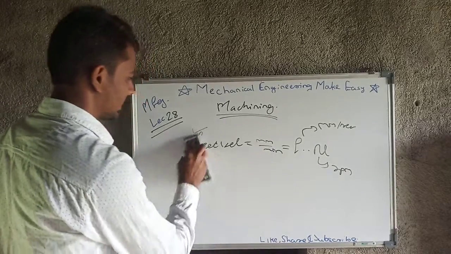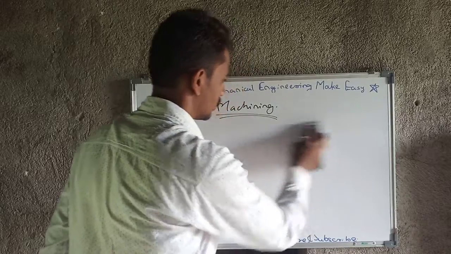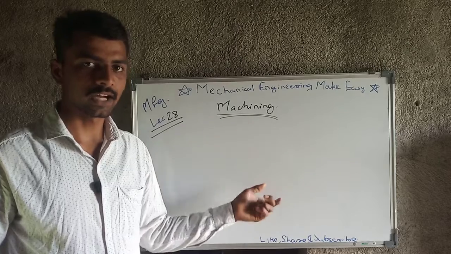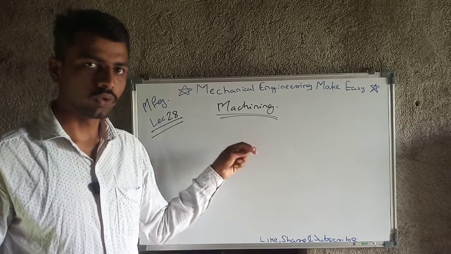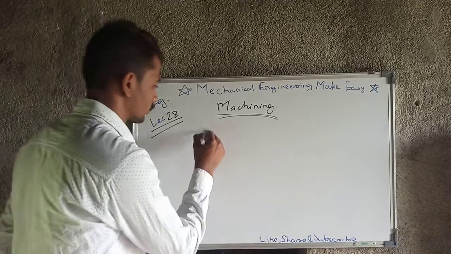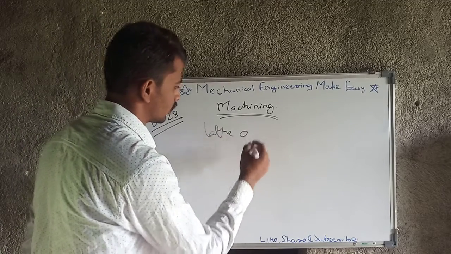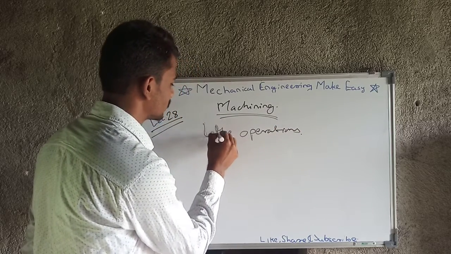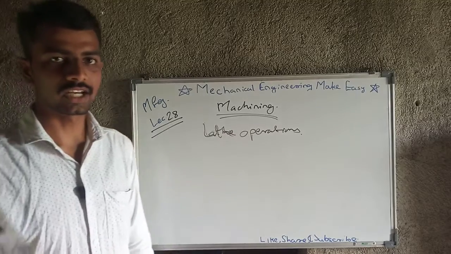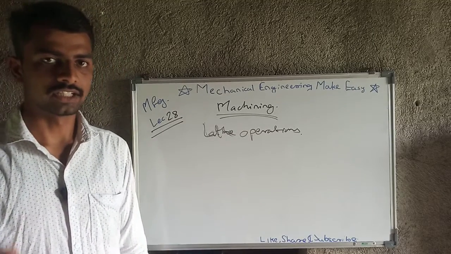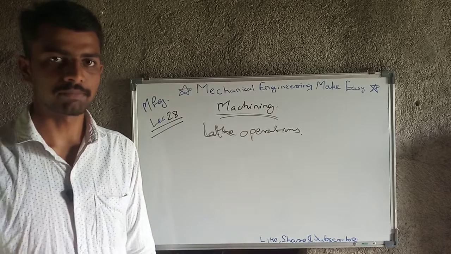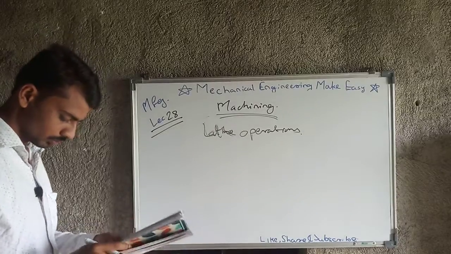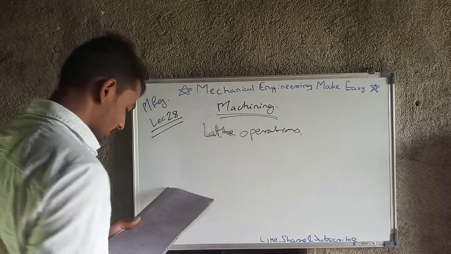Then we will move towards the next topic, that is nothing but lathe operations. Okay, I have given you an idea about machining, and from the starting itself I am talking about the lathe machine. So now we will move towards the lathe operations. On the lathe machine we can perform a number of operations like turning, facing, drilling, then spot facing, threading, tapping, etc. So according to that we will look at all kinds of operations that we can perform.